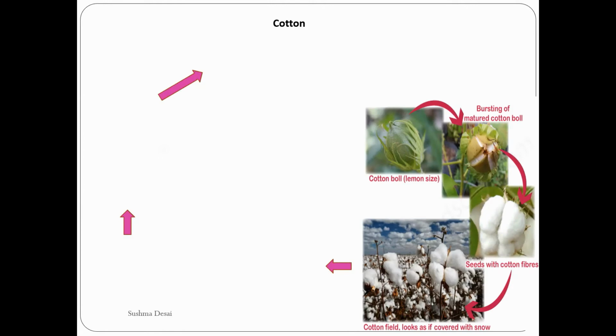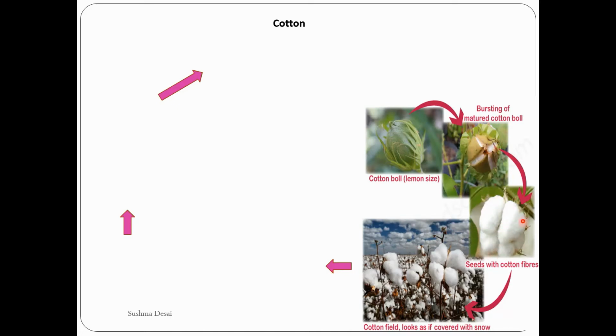If you look at the picture here, you can see this structure. It's green in color. What I was telling you, the cotton boll. It will be usually like this. Now it is still not yet mature. It takes around 2 months or more, 2.5 months, in order to mature. Mature is nothing but it will grow to its maximum level. So when it matures, the green part changes into this brown thing. After it changes to brown, it exposes that fiber outside. You can see this, it has come out completely.